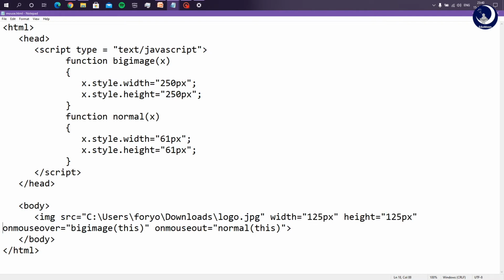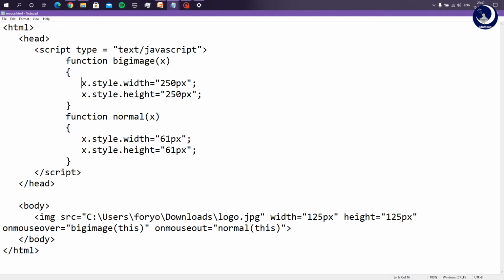The onmouseover attribute has the value bigImage(this). bigImage is a function called when the mouse is placed over that image. The parameter this is the object of the image, and it is set to x, so x here refers to the image.